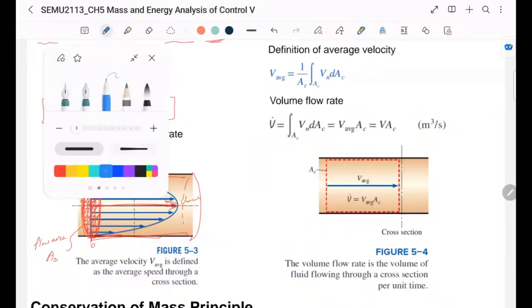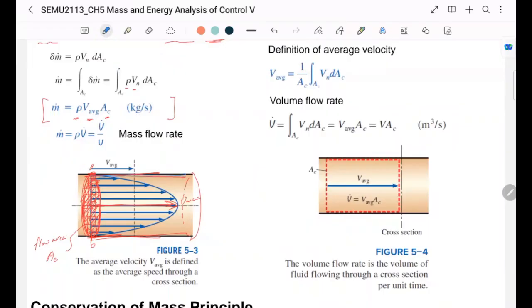Because there is another area that applies here, which is the circumference. This flow area is basically pi d squared over 4, if this is the diameter. There is another area, which is a surface, which is pi d, the circumference, multiplied with the length. This area, we call it the wetted area.